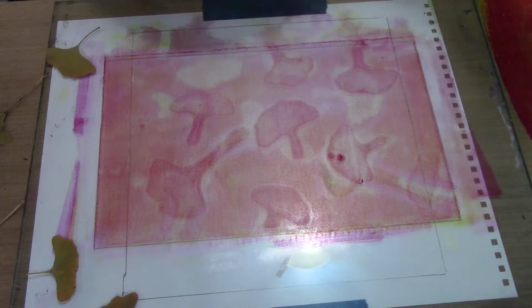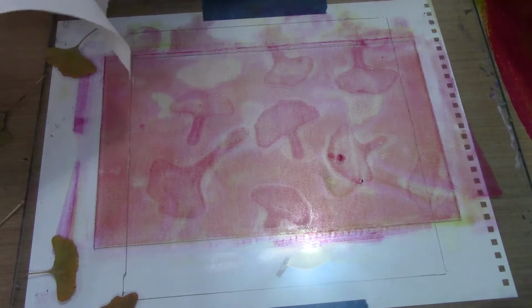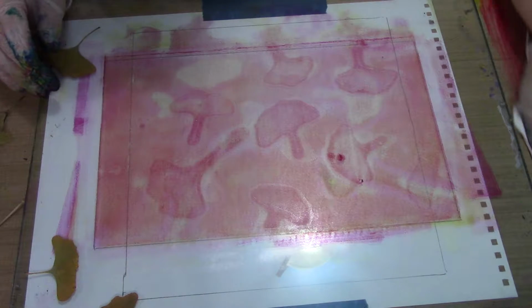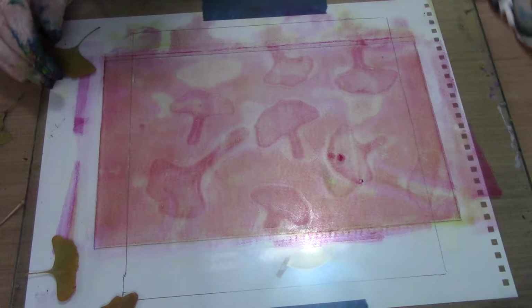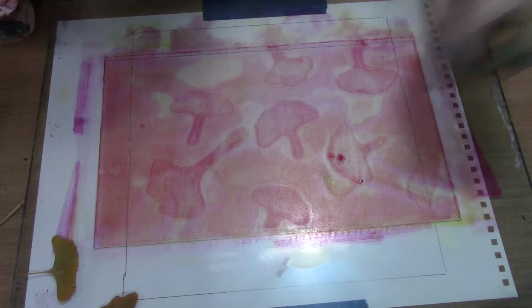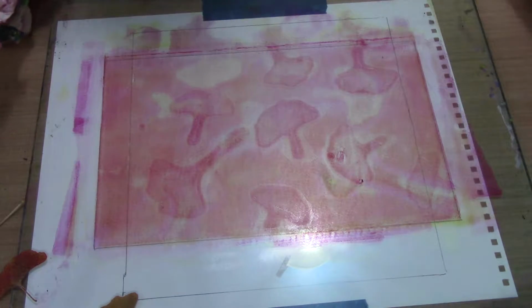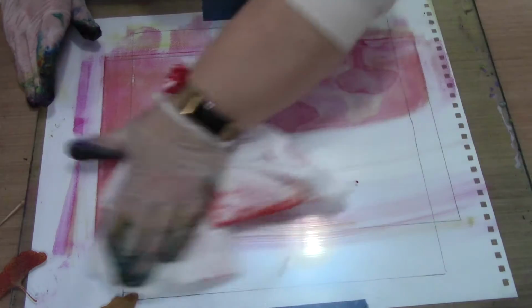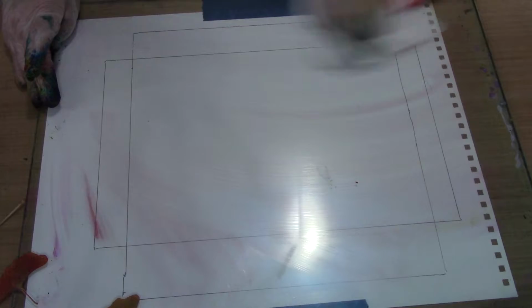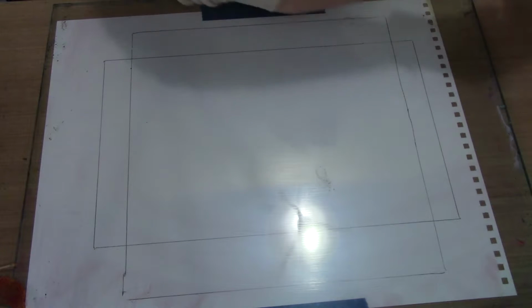Now, this time I'm going to clean off the side because although it will be mostly purple, there will be some gray because the yellow is still active under there. So, and we're going to go ahead and clean up the plate as well. All right, now the phthalo blue,